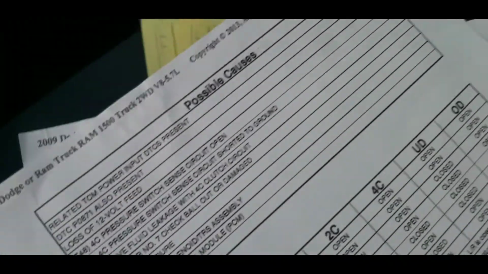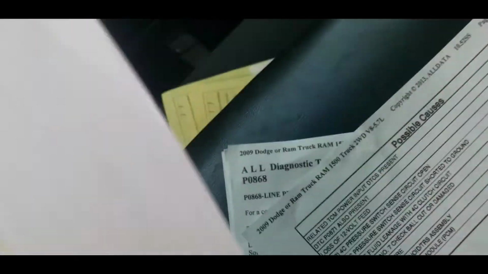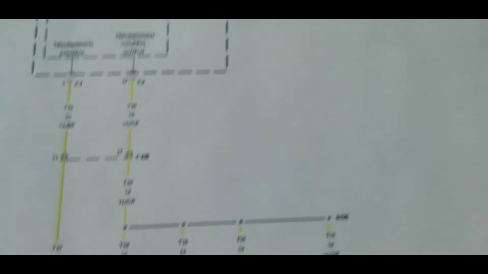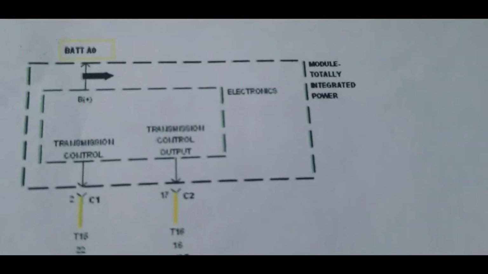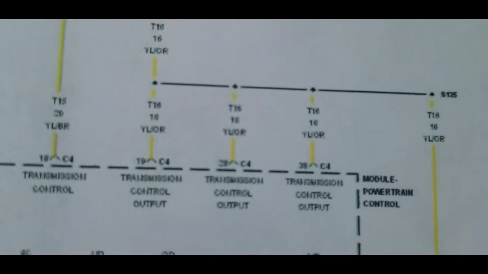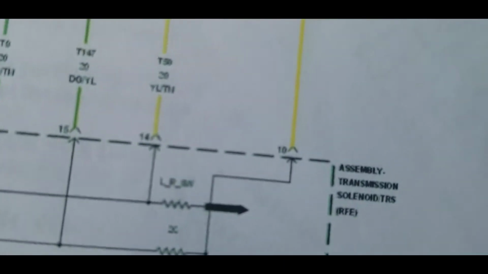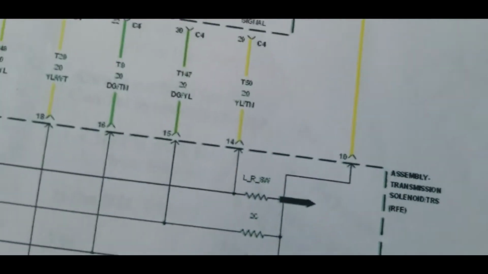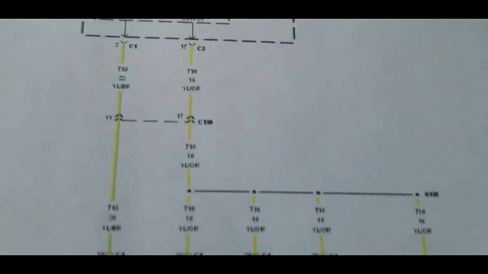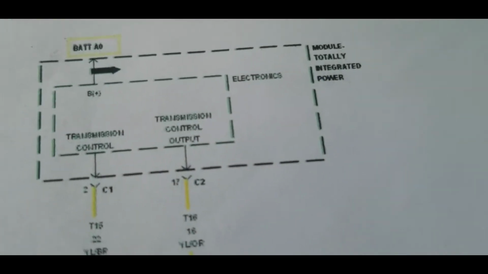And the reason that this will stay stuck at closed is because on the diagram, I was reading the diagram wrong. So your integrated power module, one of the areas that is fed by that, which is the battery power circuit that I was looking at yesterday, feeds down here to the transmission. So it is actually feeding power through those resistors, and the signal is going to the computer. So when the computer goes into fault mode and it turns off